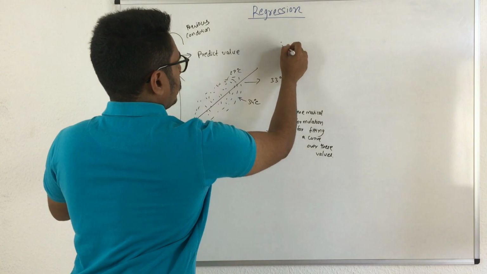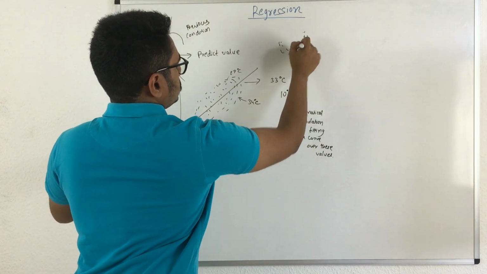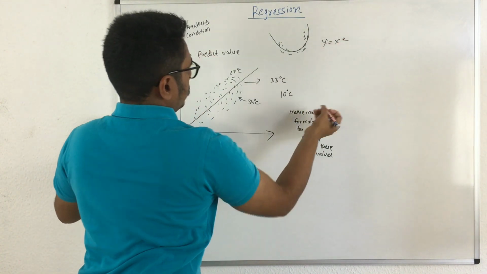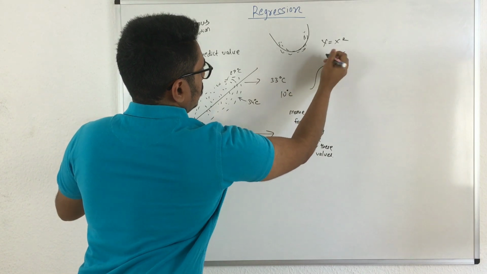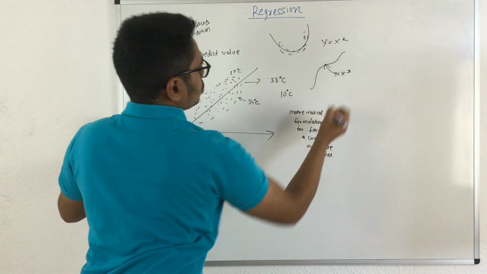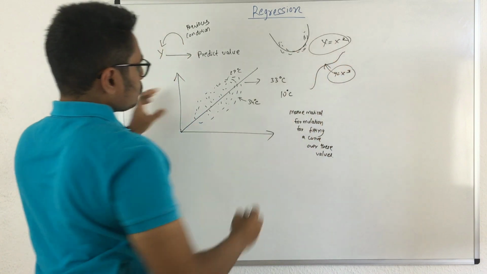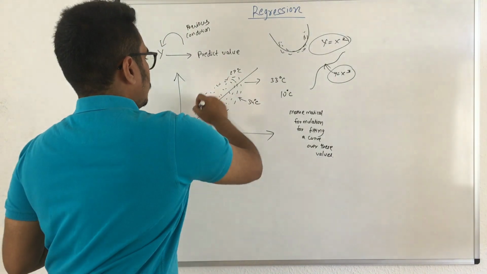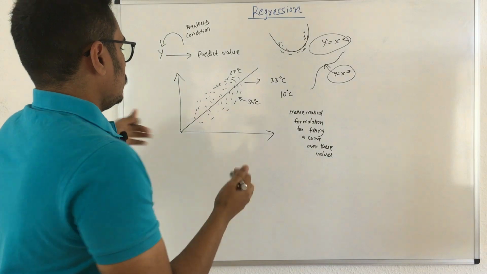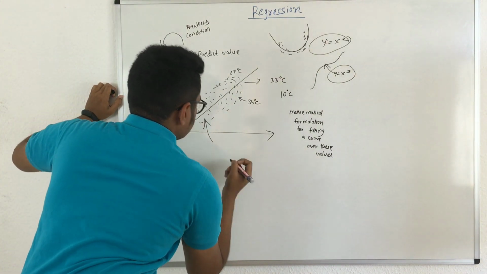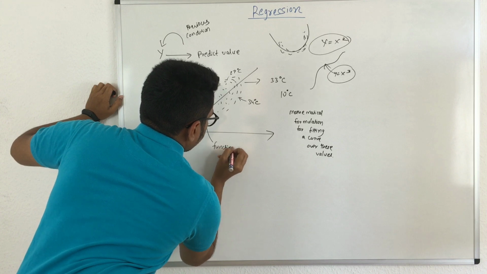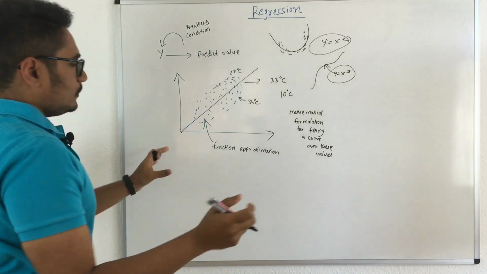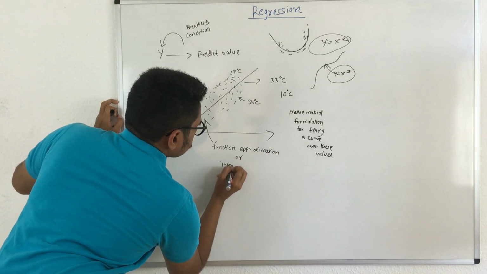Say for example if your values are dispersed in this way, you will have a curve something like this. This will have the equation y is equal to x square, or if your curve is something like this, then you will have the equation y is equal to x cube. So your points will be dispersed in such a way that you will have to fit a line passing through all these points so that it well describes them. The condition here is that you do function approximation. This is the term here, or you can call this interpolation.